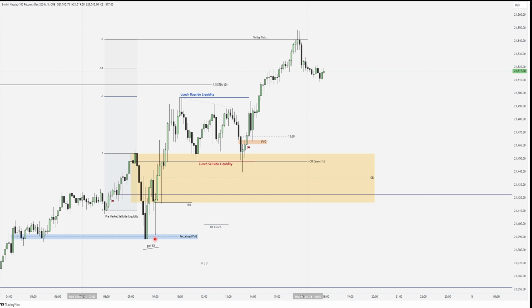Could see here again the news at 10 a.m. provided that SMT between NQ and ES. There was overall quite a decoupling between the indices, meaning the NQ, the ES, and the Dow Jones. But this SMT was more trustworthy to me because it was at a discount array that I was looking for the market to potentially turn from after it took out a significant sell side. And the decoupling wasn't that bad yet there, and eventually the markets all got in sync again.